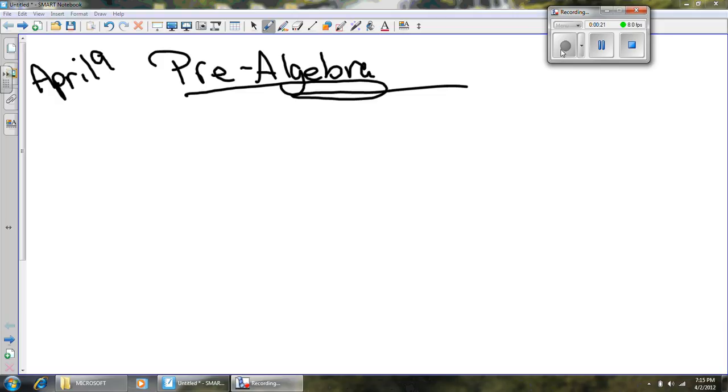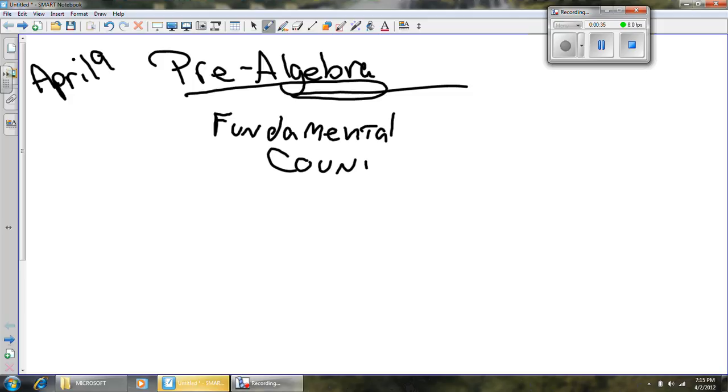Now, we're going to be talking about probabilities, permutations, combinations. But before we do that, we have to talk about something called the fundamental counting principle. And this is a principle, not like Mr. Morgan, like an idea or a rule to follow. Now, I'm not going to tell you what it says yet, but first I'm going to tell you that you